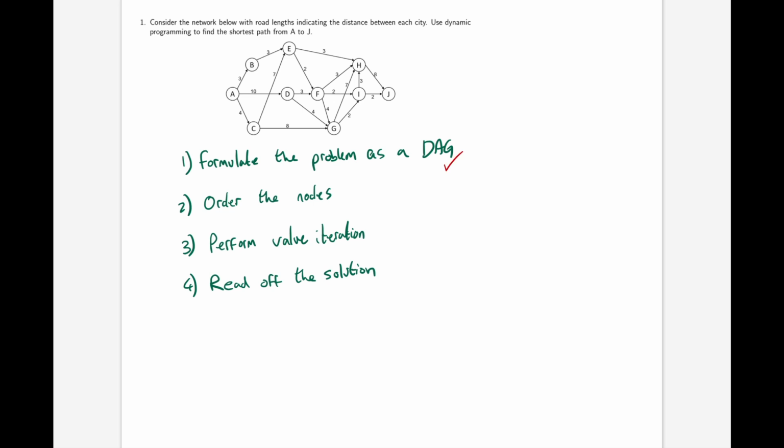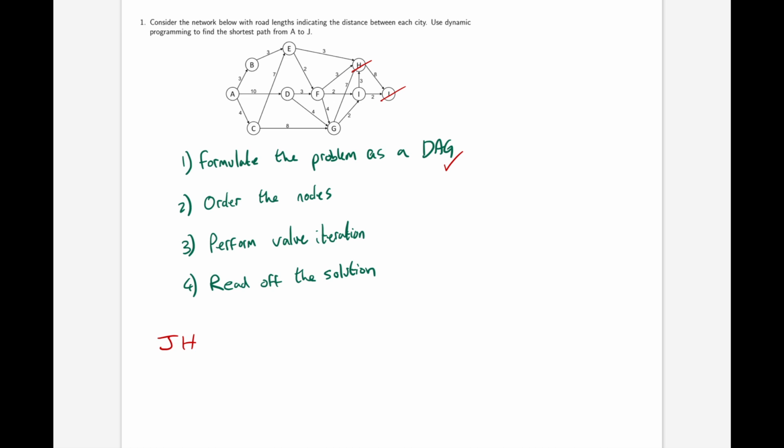The second thing we need to do is order the nodes. So we want to order the nodes in such a way that all downstream nodes have already been considered. So if we begin at the end, J, there are no downstream nodes, and so all downstream nodes have already been considered. We cannot consider I next, as H is a downstream node from I, and that hasn't been considered yet. So we have to go to H next, as all of H's downstream nodes, which is just I, has